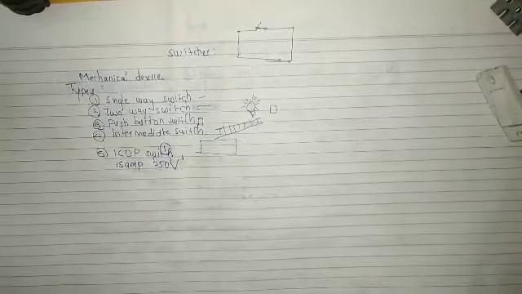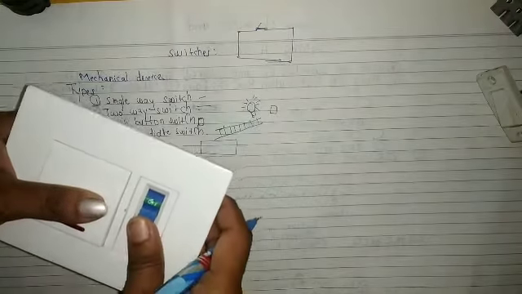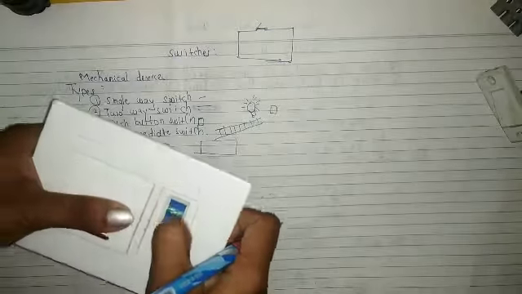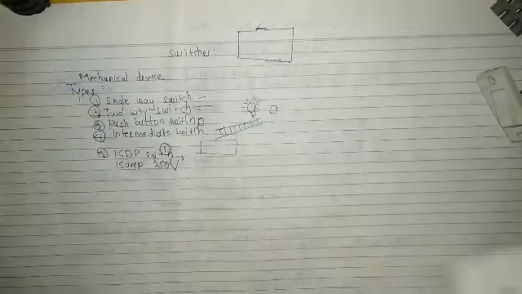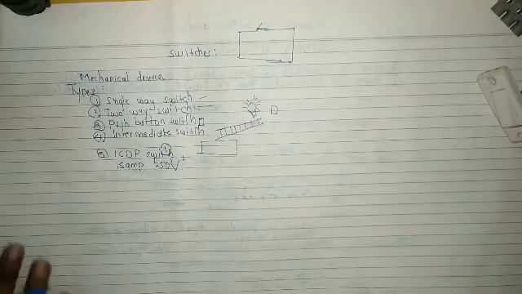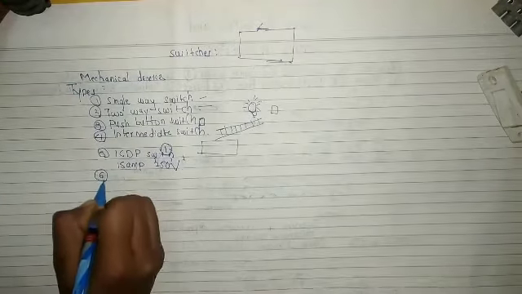So I have this one switch. This is the fuse. So this is the iron-clad double pole switch, and the sixth one is